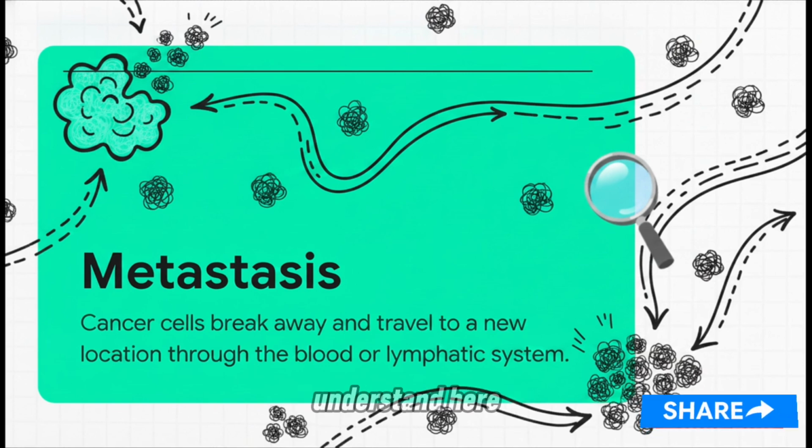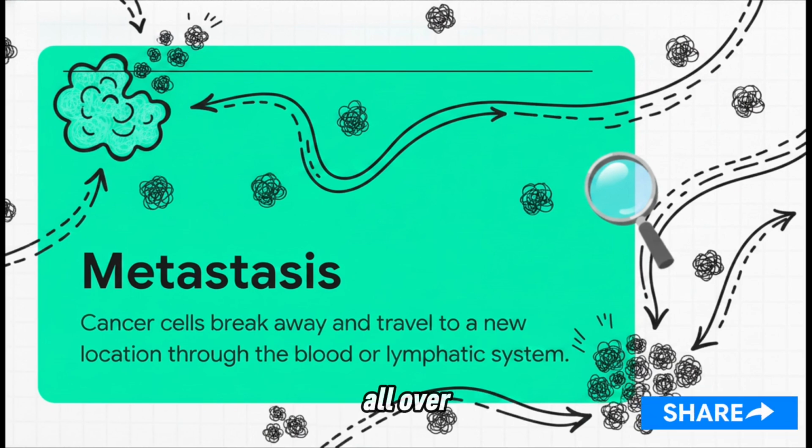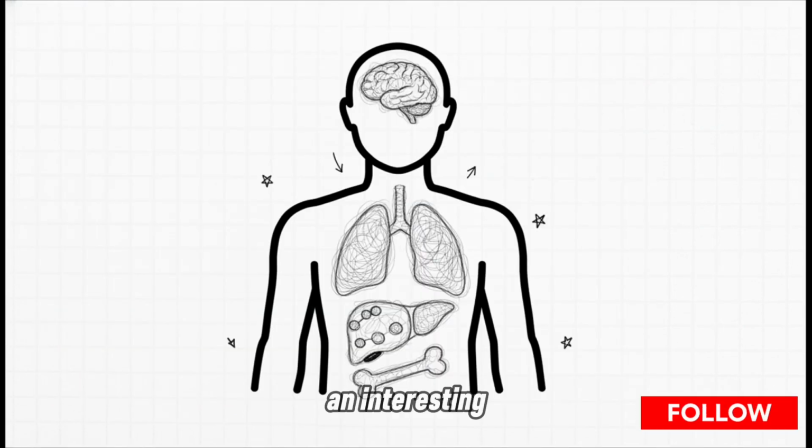The crucial thing to understand here is that metastasis simply means that cancer cells have detached from the original tumor, slipped into those newly built blood vessels or the lymphatic system, and essentially gone on a road trip. They're using the body's highways to travel to a completely new location and start that chaotic growth process all over again. Once we demystify the term, it's a little less scary. They're just traveling cells.